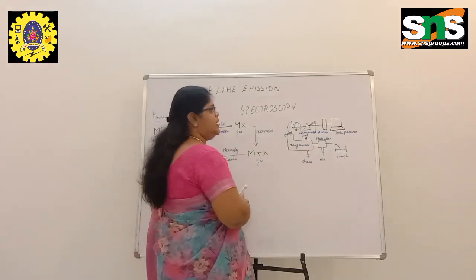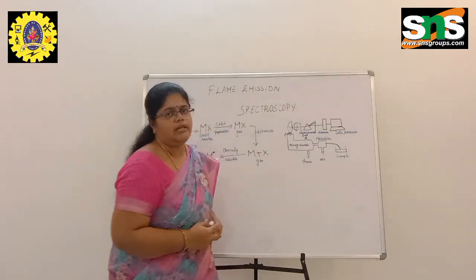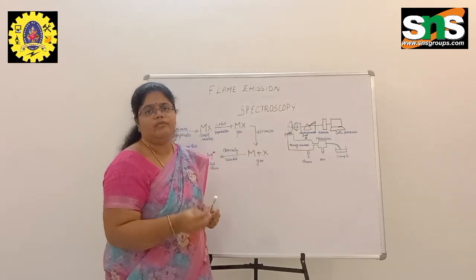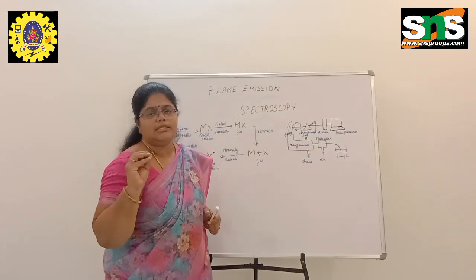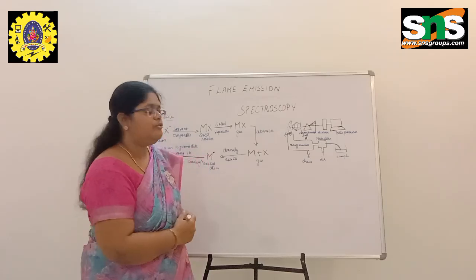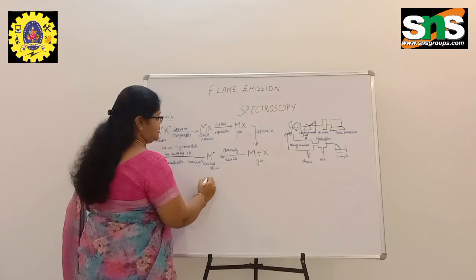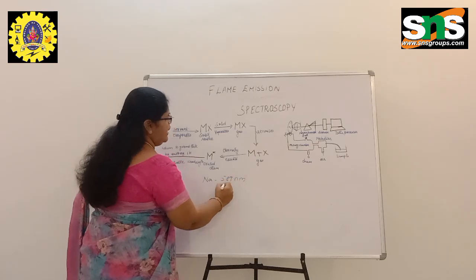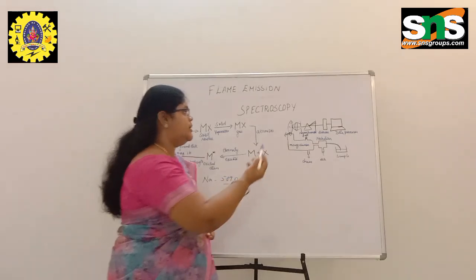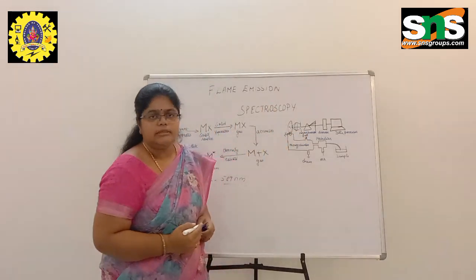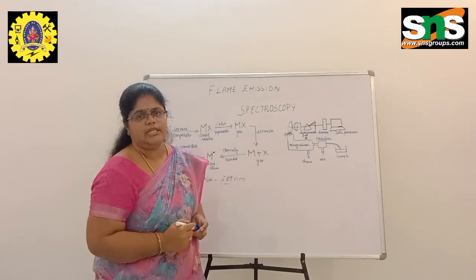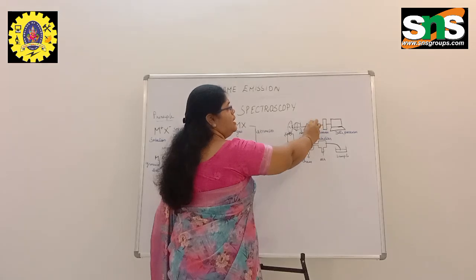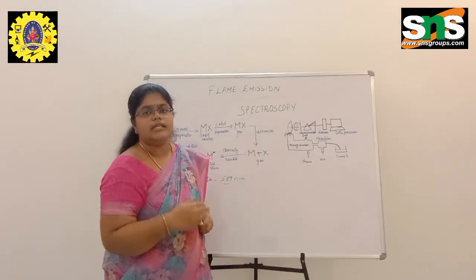Okay, so why we are using the monochromator is, for example, if you are using water and you are finding the elements that are present in it. For example, if you are going to find sodium present in the water, the wavelength will be fixed to 589 nanometer in the monochromator, that is the prism. You can use the monochromator as a prism. You fix the wavelength and you have to detect the intensity of light that is coming out of